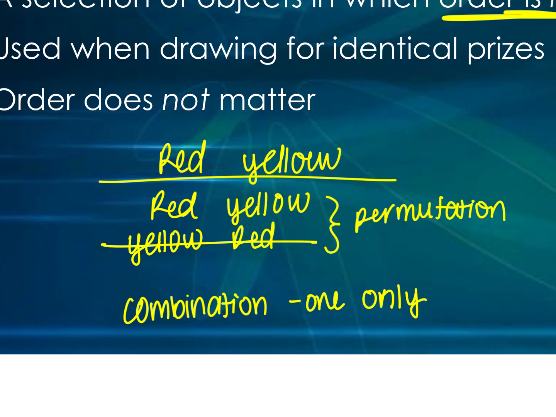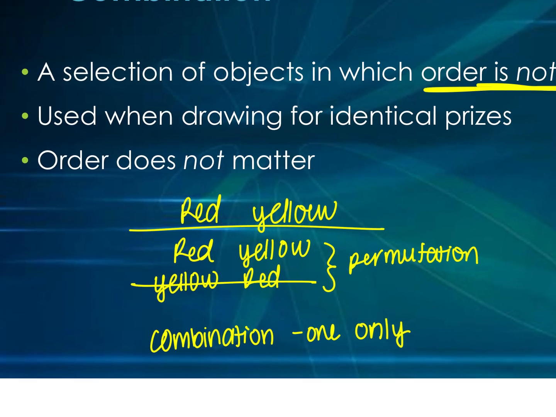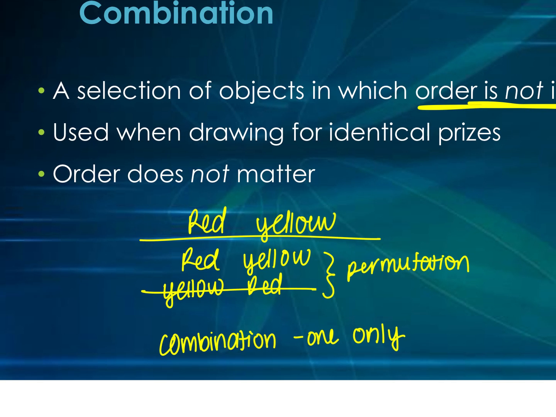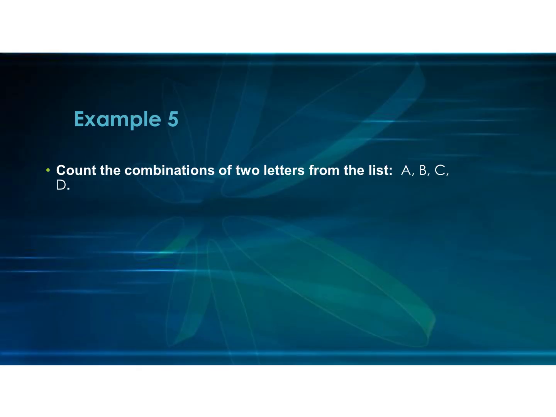Permutation states that red and yellow is different than yellow and red, so I would then have two. You're going to see it in other examples, at least in the next one, where I'm going to draw it all out. So, example number 5, a continuation from yesterday, says count the combinations of two